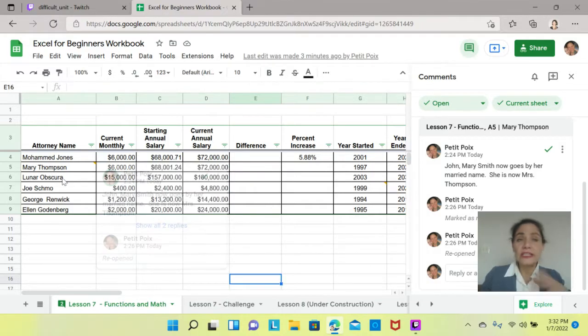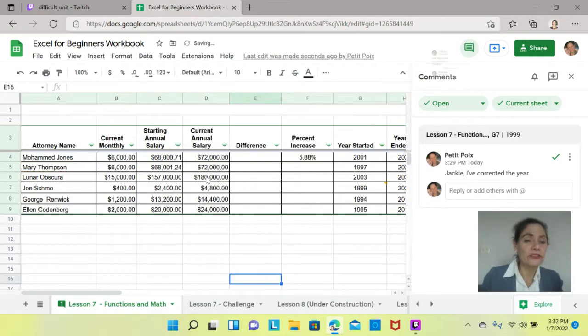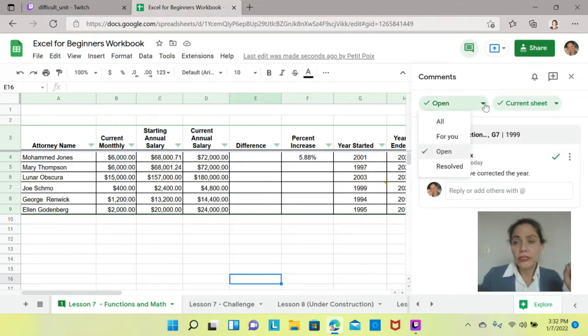It might be easier to keep them separate from each other. Just hover over. And these are all the things I've done with this particular comment, because I opened it, I put this information, and then I resolved it at one point, which means, oh, okay, we fixed it, it's resolved. So it takes it off the sheet, but you still know that it's still in there. So if you want to reopen it, here it disappears, of course. If you want to reopen it,